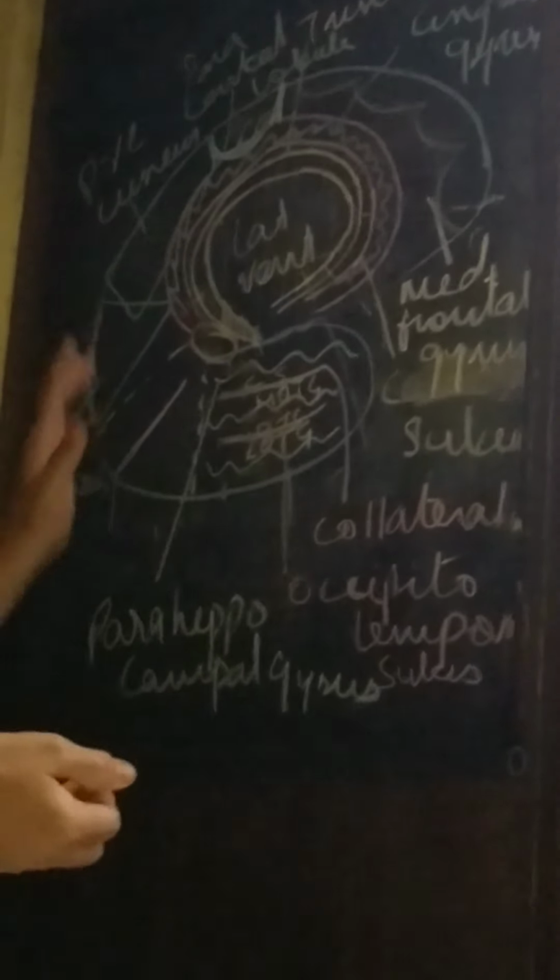So this is all about the medial surface of the cerebrum. Got it? So these are the sulci and gyri and the structures that are present along the medial surface of the cerebrum. Now yesterday I taught you about the superolateral surface, isn't it? I just forgot to mention some important point in the superolateral surface.